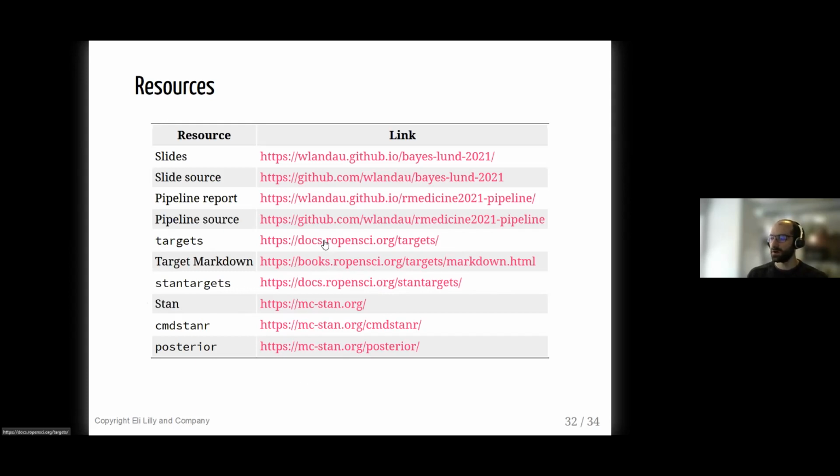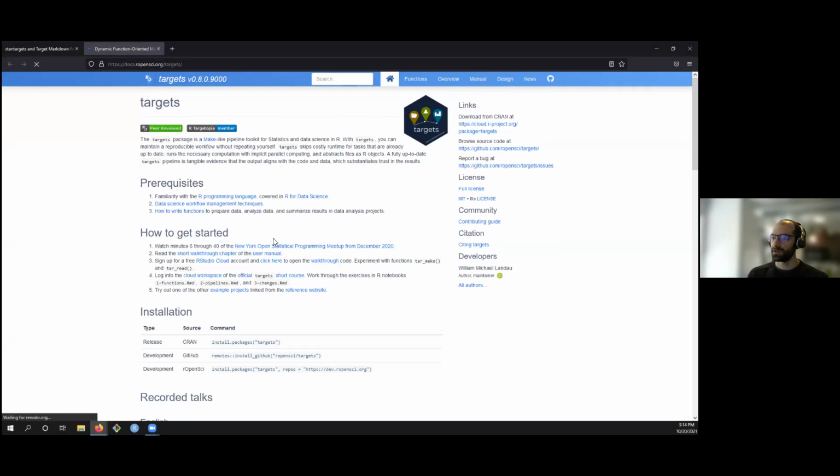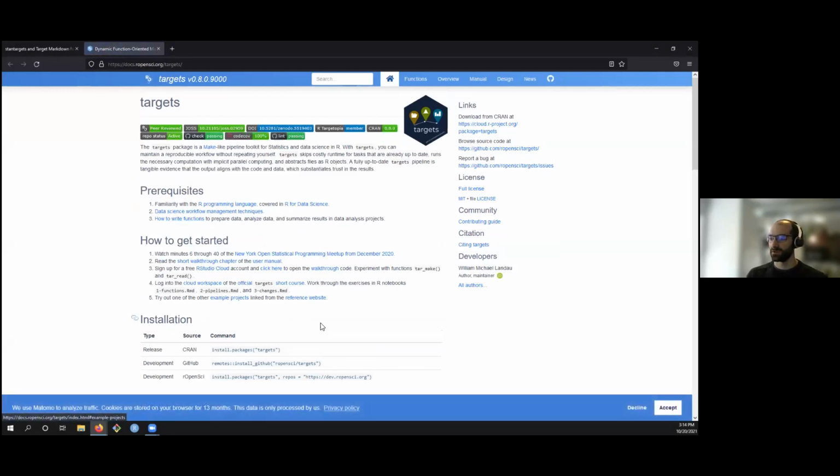If you're new to targets, then I highly recommend going through this how to get started section. Part of this New York statistical programming meetup describes basic targets in a little bit more detail. That might be good to start with. There's a walkthrough chapter in the manual, and I've made RStudio Cloud workspaces open to the public. There are a bunch of examples.